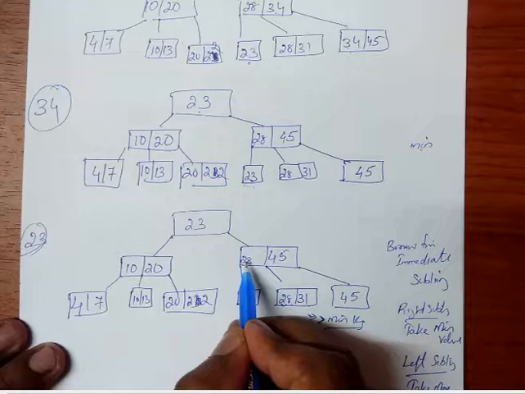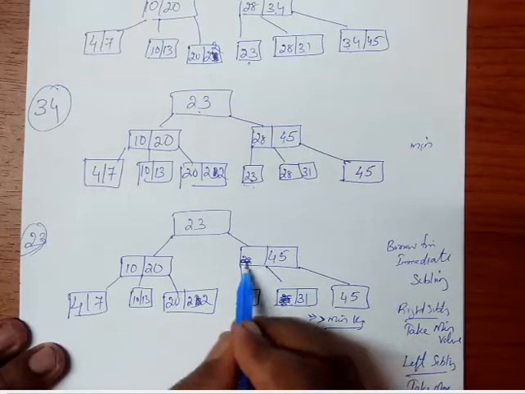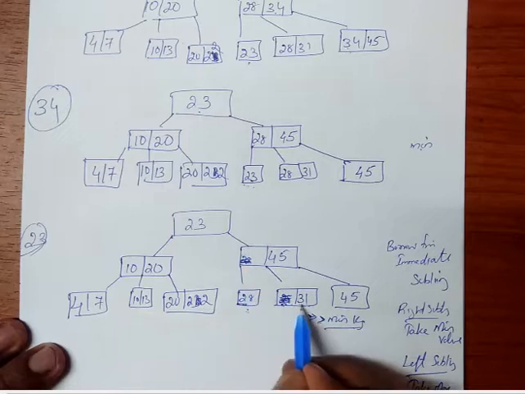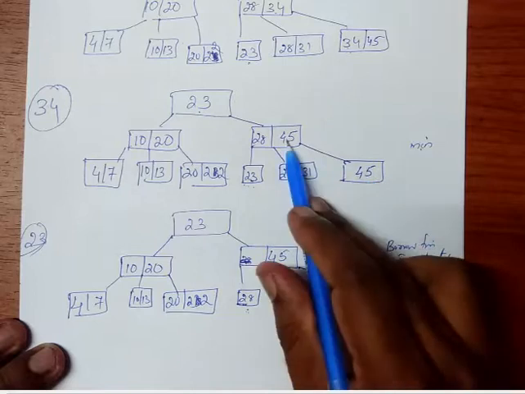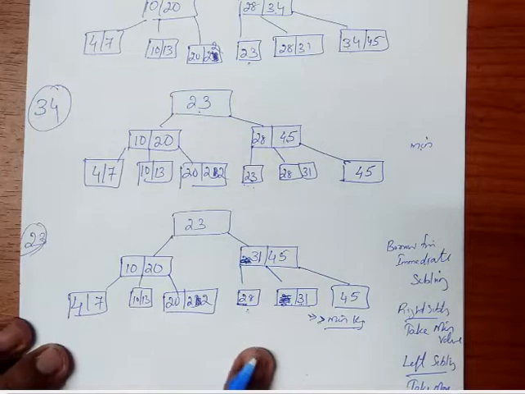So actually we already saw in the above deletion that if we remove a value from the internal node, we have to replace that data value using the minimum value from its right subtree. So if we remove 28, currently we are doing an internal node deletion. 28 is removed from the internal node. We have to check the leaf in the right subtree and place it, as we did in the previous example.